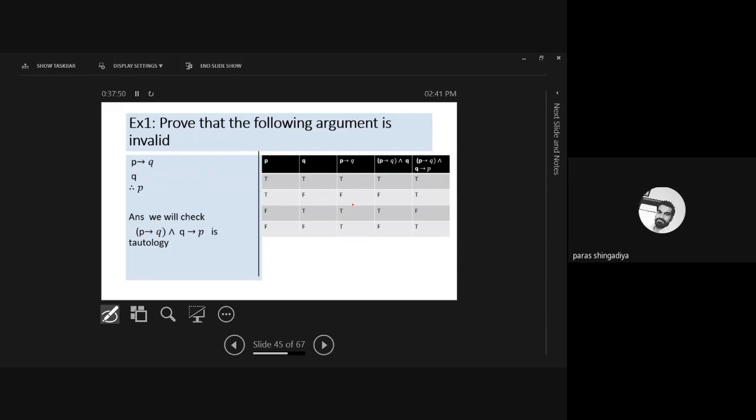Fourth column, we need answer of A1 and A2. So this is answer of A1, and that is answer of A2. Apply AND operator between these two columns. So as per the rule of AND operator, अगर दोनों जगह पे T है तो उस केस में वो T आएगा, बाकी सब केस में क्या होगा? False. ठीक है? So in this first row both are T. फर्स्ट और थर्ड रो में दोनों जगह पे T है, इस केस में यहाँ पे T आएगा, बाकी दोनों केस में क्या होगा? That is false. Okay, so that is bracket answer, and now we use this answer to the conditionally conclusion. Okay, and conclusion is here P column.